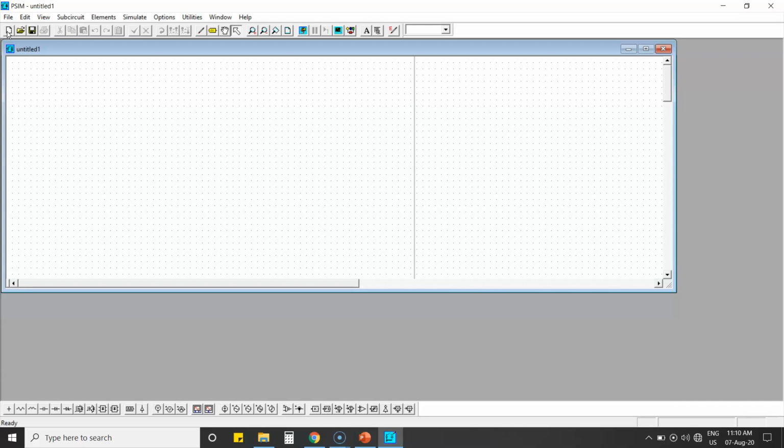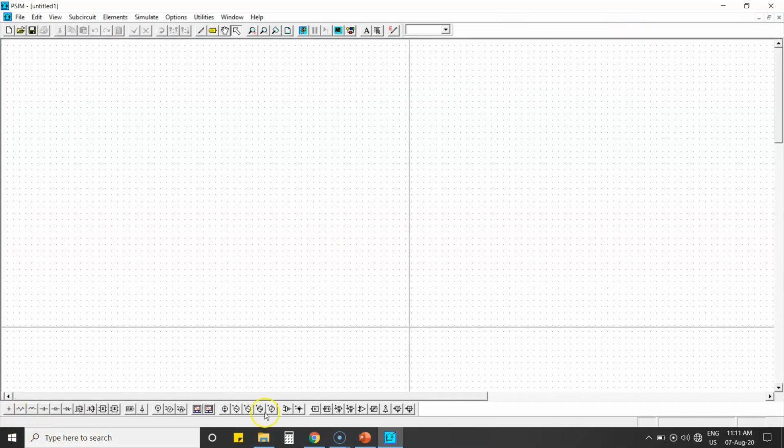In MATLAB we obtain each and every block from the Simulink library browser. Here everything is available in the bottom icons. These are the commonly used blocks. It starts from ground. When you click on the icon, you can get the name here. So if you click here, it is showing ground. Then resistor, inductor, capacitor, diode, like this. This is the gating block. Gating block means just a pulse generator. In MATLAB we use a pulse generator, so instead of that, here they are using a gating block for switches, the on and off switch controller.